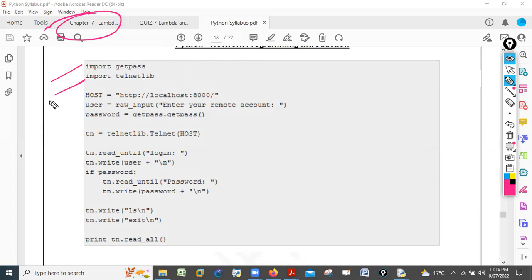But in my case, instead of this getpass, what did I use? My module. But when you do the automation, instead of my module, you already have the library, because there are thousands of libraries available in Python. So at that time, what will you use? Built-in library. Correct. You can use the library depending on your requirement.